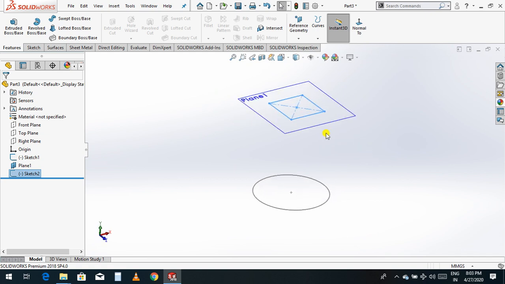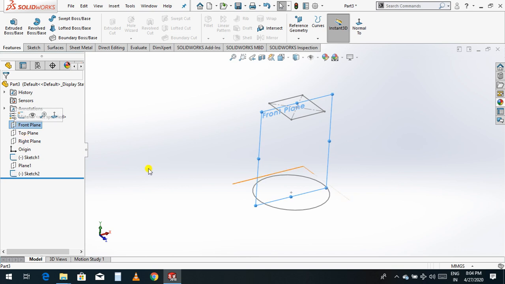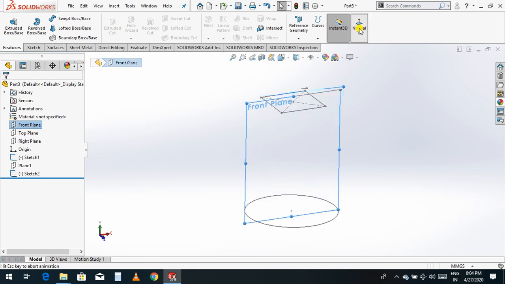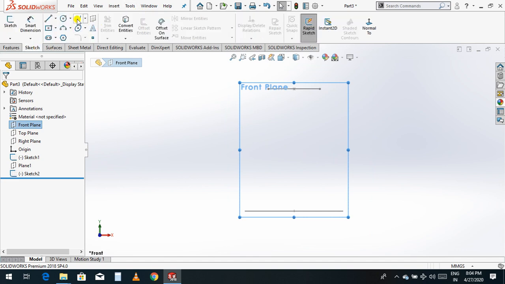Now just hide this plane. Now you can choose the front plane or right plane. I'll choose the right plane, or else you can choose the front plane, anything, because I want to make one path here. Normal, and make one spline line, or else you can give a simple line.